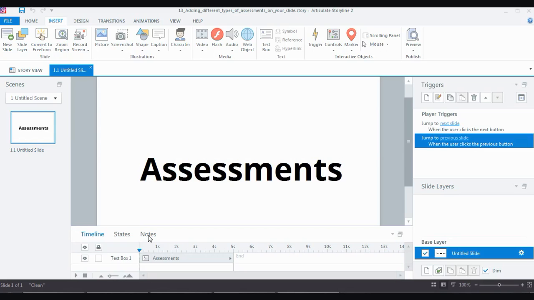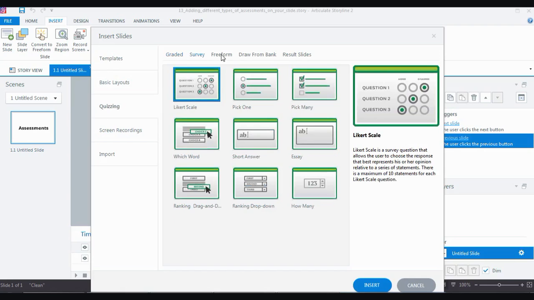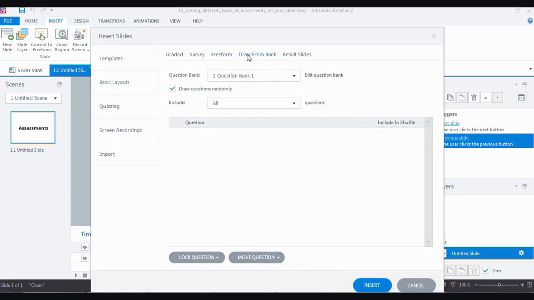The good thing is, in Storyline, we have different types of assessments that can be added. So let's go ahead and see what are the types of assessments available and how you can use them. To insert the assessment slide, go to Insert and click on New Slide. When you click on New Slide, you have the options on the left which says Quizzing. Select that, and if you see, you have different varieties of questions: graded questions, survey questions, freeform, draw from bank,